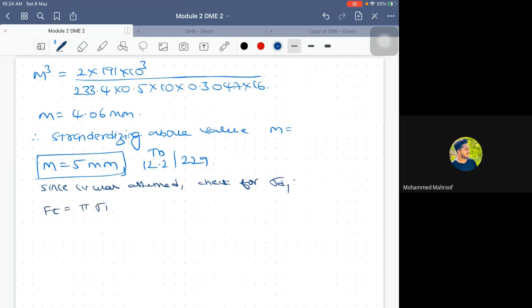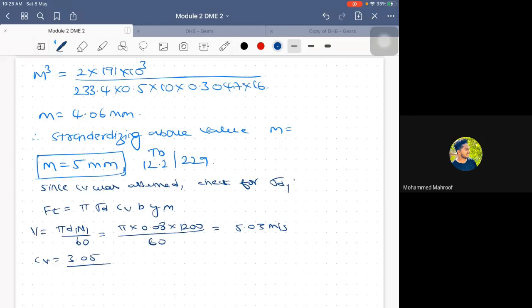Now for that, take this particular expression, you know it very well: pi sigma d CV B Y and M. From this, calculate the value of V, which is pi d1 n1 by 60. So it is pi cross d1, which is 0.08, cross 1200, divided by 60. V you get as 5.03. Why are you calculating V? Just to calculate your CV. So take the formula for CV from your data handbook. It is 3.05 divided by 3.05 plus V, and this particular formula is for V less than 8 meters per